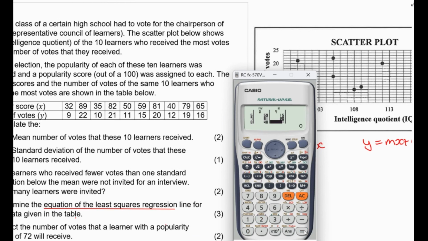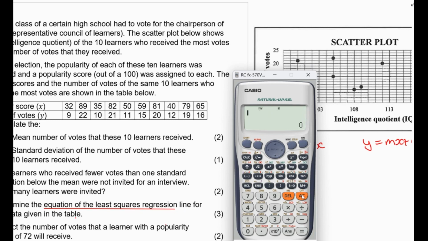And then 40 goes with 12. 79 goes with 19. And then 65 goes with 16. Right, we've entered all the values. Now we press AC